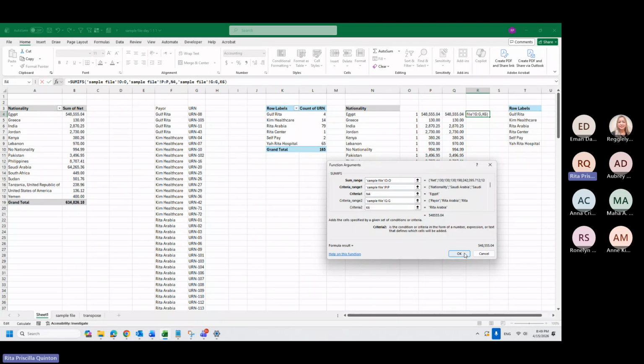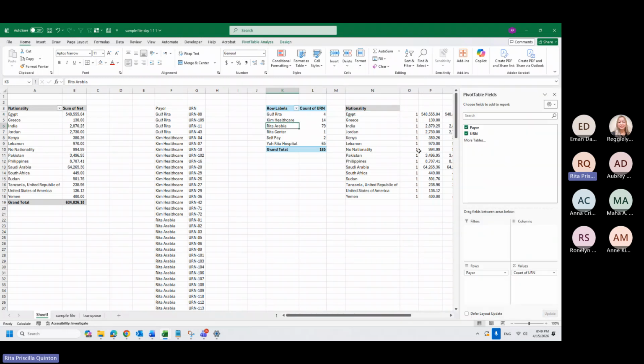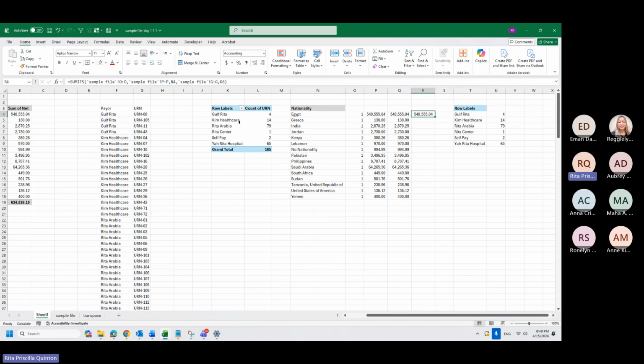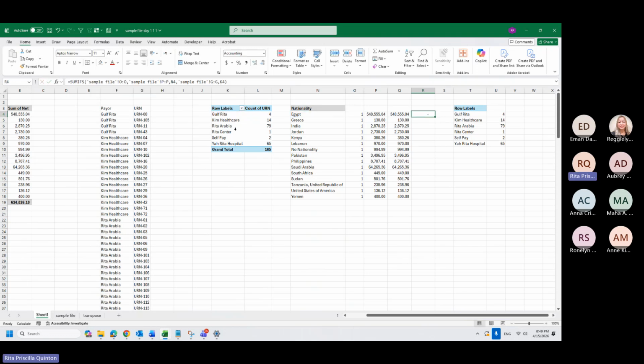Okay, if I press OK, for Egypt, meaning I have 548,555 under Rita Arabia. If I want to change this, let's say I want to know for Gulf Rita, how many Egyptians in Gulf Rita? It's 0. Okay.